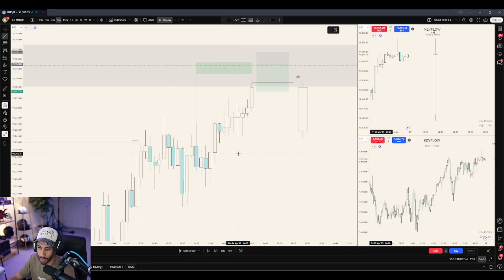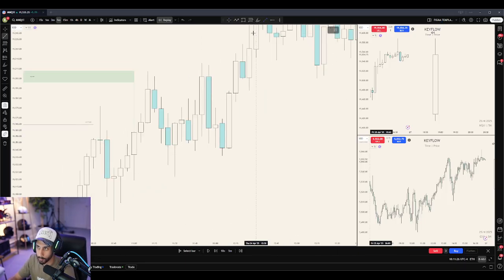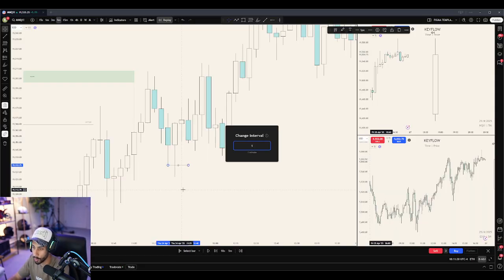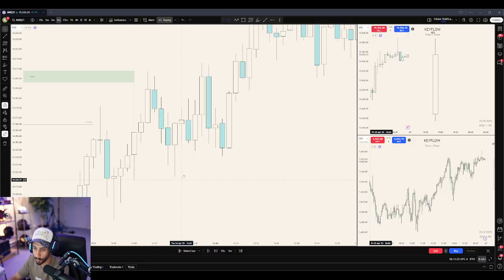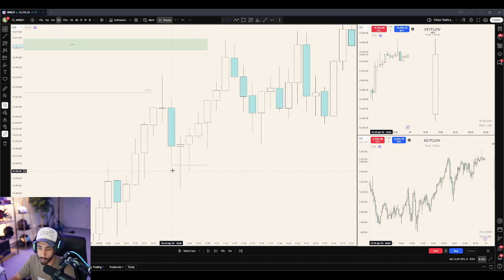You can see this pattern happen over and over and over again, right? We have a low get put in here, we sweep the low, and then we reverse, right? Right here, we have a fair value gap. Before that, this candle pushes higher, what do we do? We sweep the low, and then we go higher, okay? What happens right here? Sweep the low, and then we go higher. And I can give you a million examples that look exactly like this, right? Before there's a nice reversal, you're going to have a candle that either breaks the low or the high and then reverses. So that's what I'm looking for.